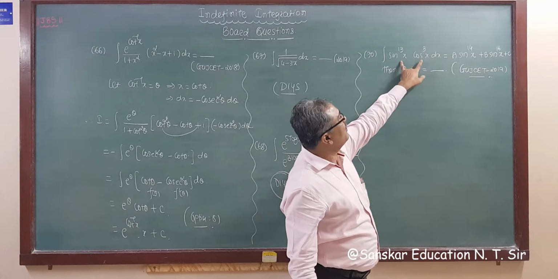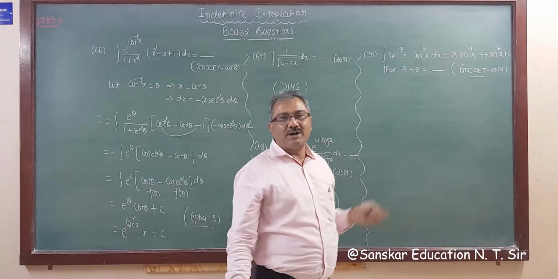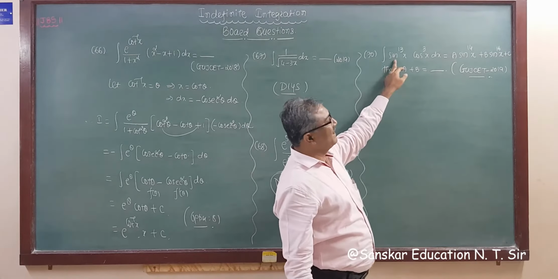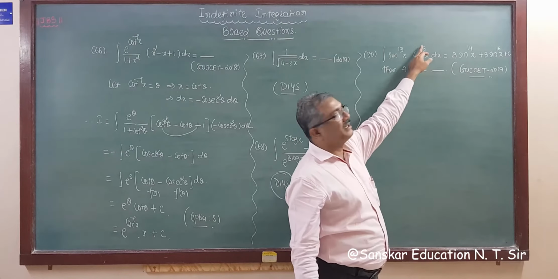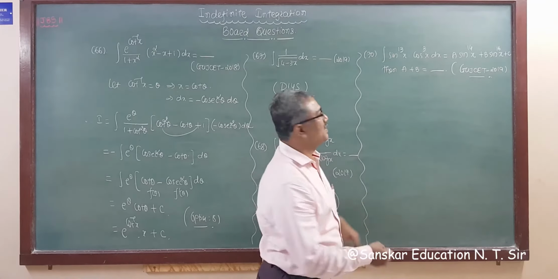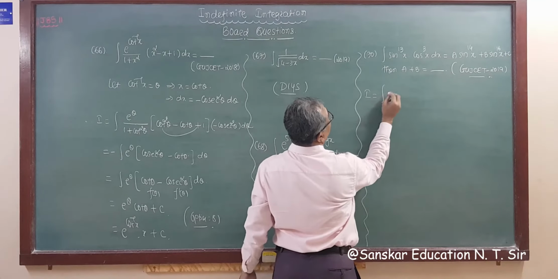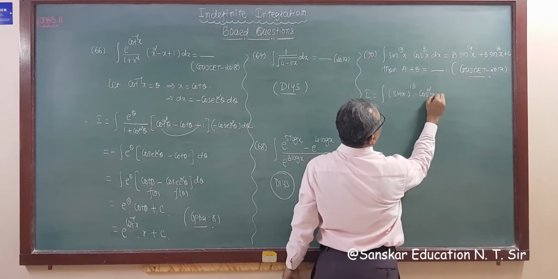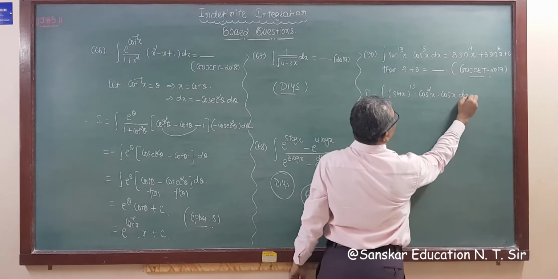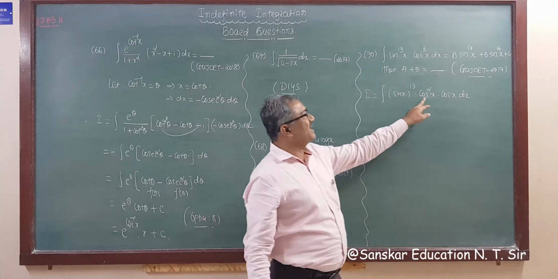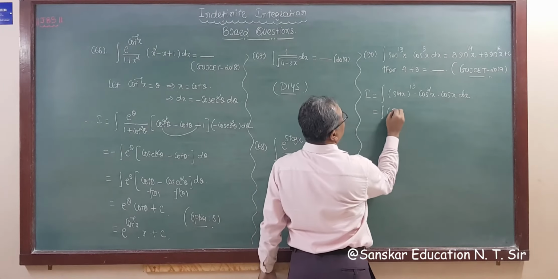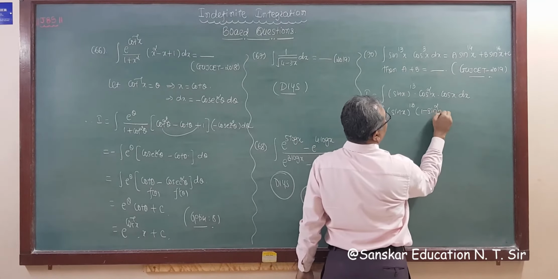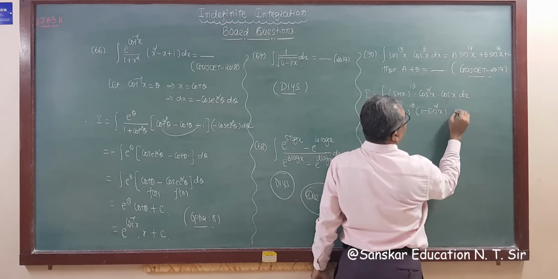Now sine and cos are given and both powers are odd numbers. When both powers are odd, you have to assume the one with the bigger power, that is sine, because the derivative of sine is cos. We need one cos here. Since it is given with power 3, we have to split out cos also. So I am writing this in this way: sine x raised to 13 into cos square x into cos x dx. Now cos square is 1 minus sine square, so the integration is sine x raised to 13 into 1 minus sine square x into cos x dx.